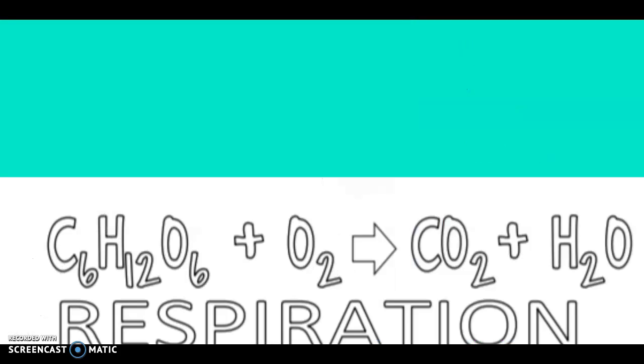So looking back at this equation for cellular respiration, we do have the glucose that we get from our food, and we're going to talk a little bit in this section about food chains and food webs. So we are consumers. We must consume our glucose. We cannot produce it like plants do.